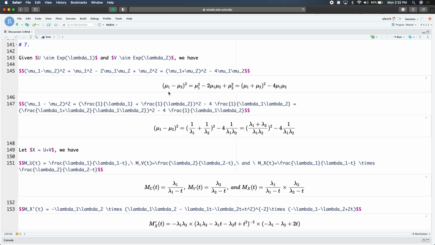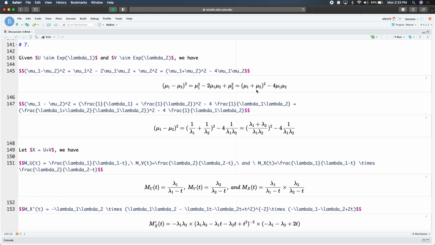The question is also simplified by reducing the shape parameter alpha to 1. Then u, which followed a gamma distribution, becomes an exponential distribution. I use lambda 1 for u and lambda 2 for v. So the two distributions reduce to two exponential distributions, and the quantity of interest is mu1 minus mu2. We first rewrite this mu1 minus mu2 by taking the square, and then we have mu1 plus